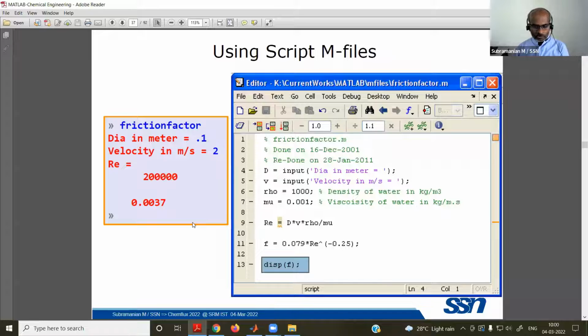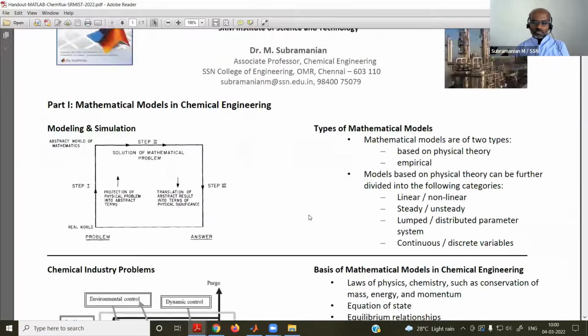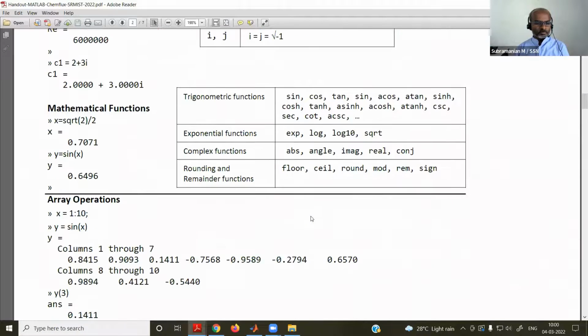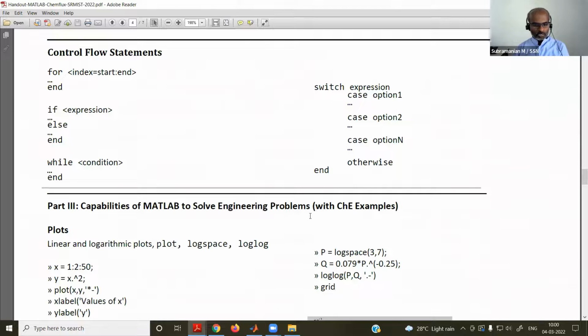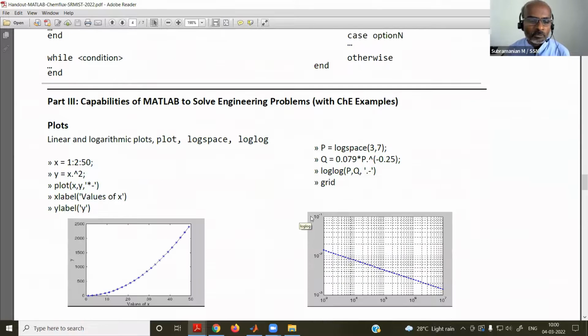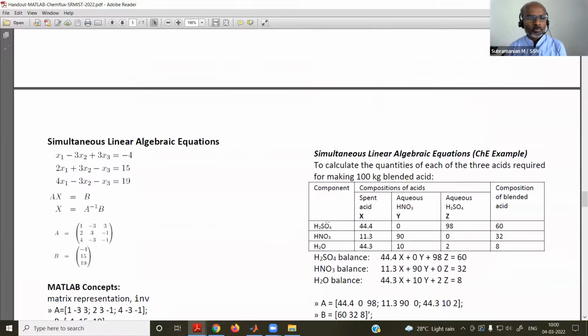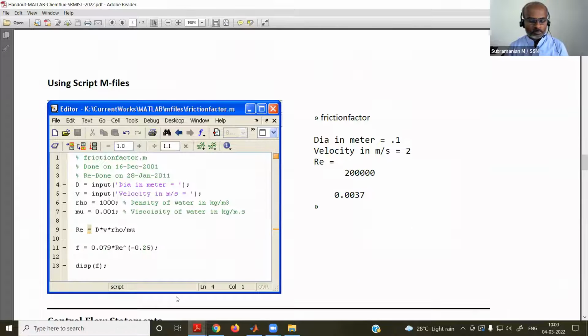Everything is available in your handout. I will be giving it. Maybe I can show you the handout so that you can see how it looks. All these contents are concisely given, about 6-7 pages. You can take a printout, type this yourself and get this done. All these contents are available here. Okay, going back to the presentation.